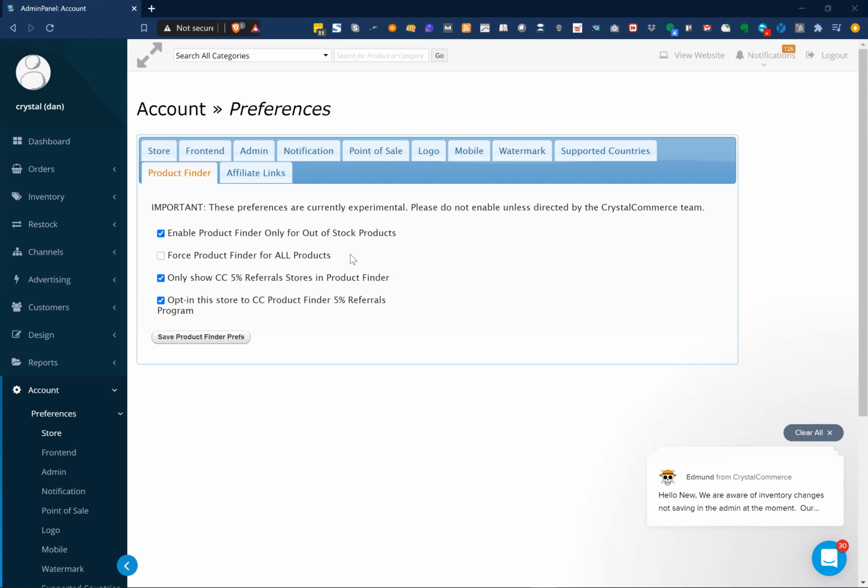That means, okay, I'll receive referrals, and I'm willing to pay the 5% if I receive a referral. And so if you have that selected, you will show up in the results for the stores that have the third option selected. Am I explaining this well? Is that kind of clear? Yeah, that's pretty clear. I will add to that